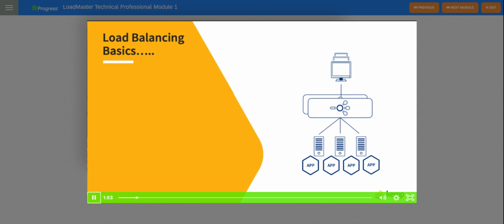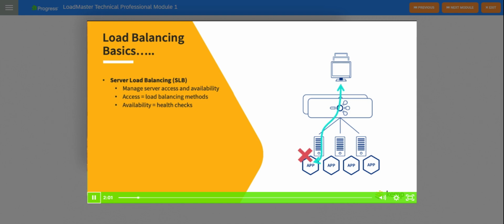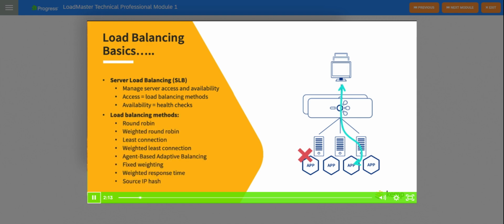Let's look a little deeper at the load balancing algorithms and methods supported. These features are used to manage server access and availability. Access is managed using load balancing methods or algorithms. Availability is managed using health checks to determine the status of each server and which servers are available to handle client connections. The load balancing methods are varied and can subsequently use even distribution methods such as round robin, which